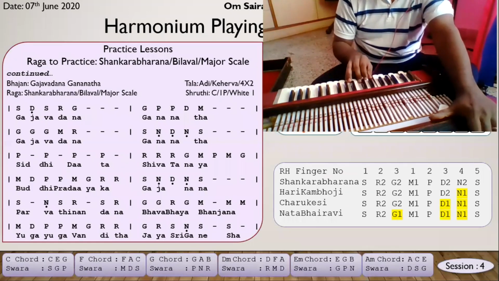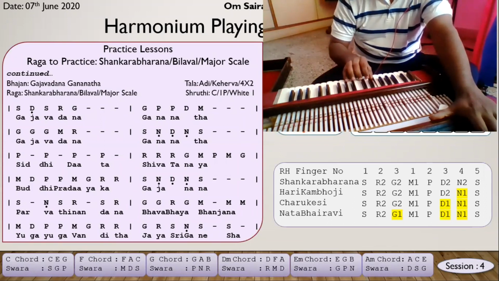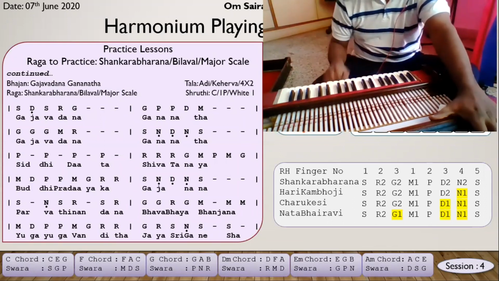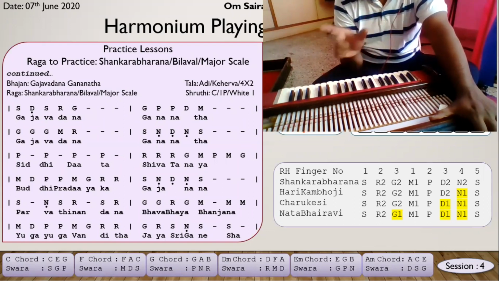Okay. We'll start. Sa Ri Ga Ma Pa Da Ni Sa. Start Sa Ri Ga Ma Pa Da Ni Sa, Sa Ni Da Pa Ma Ga Ri Sa. So this is the scale. Now we'll start. I have grouped it in 8 notes together. There is a stretched note also. The first part is Sa Da Sa Ri Ga. So Sa Da Sa Ri Ga, Ga Ga, where the dash is a stretch. So Sa Da Sa Ri Ga 1 2 3. The 3-count stretch is happening on Ga. Sa Da Sa Ri Ga. Ga Pa Pa Da Ma.